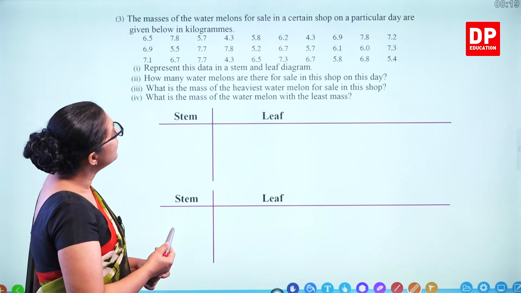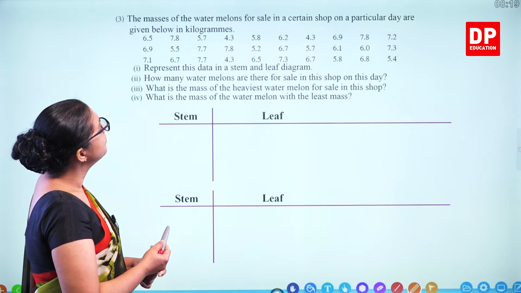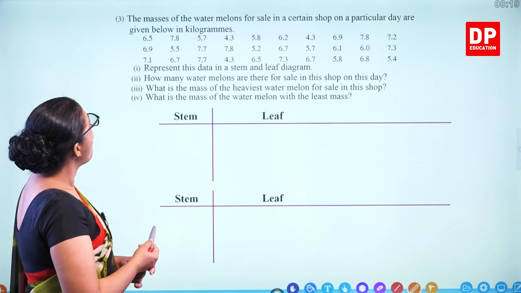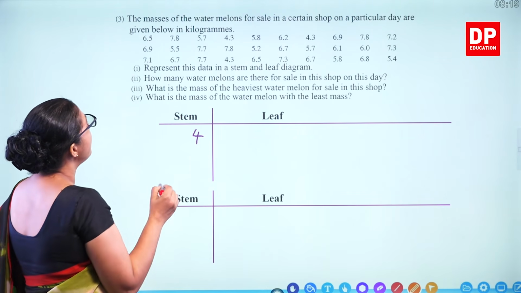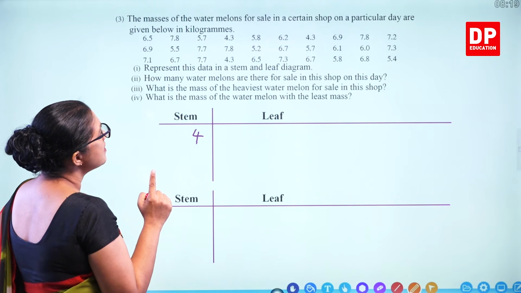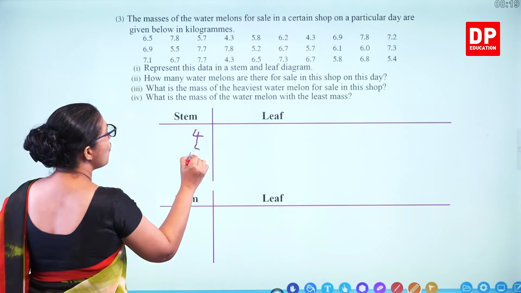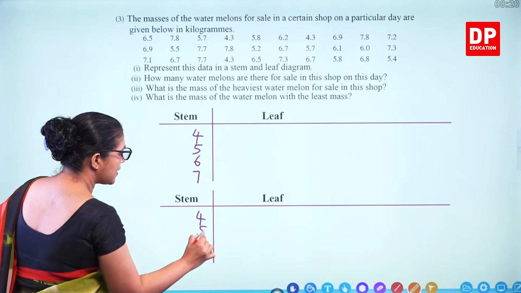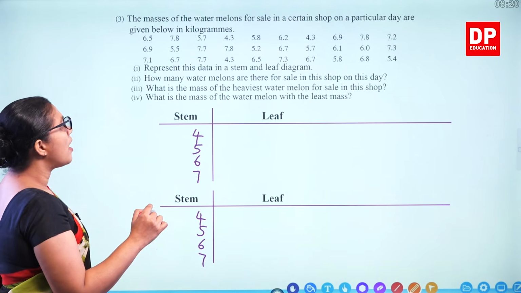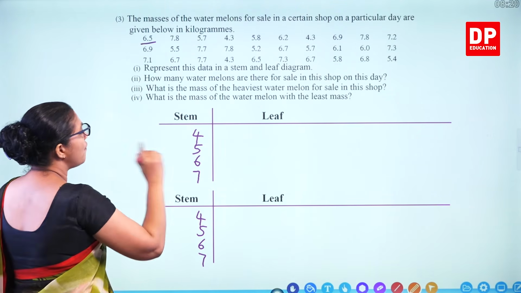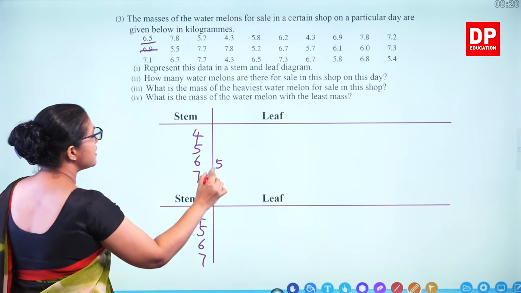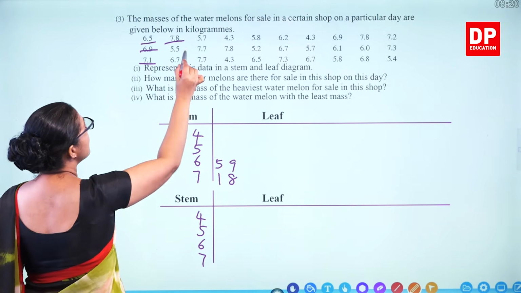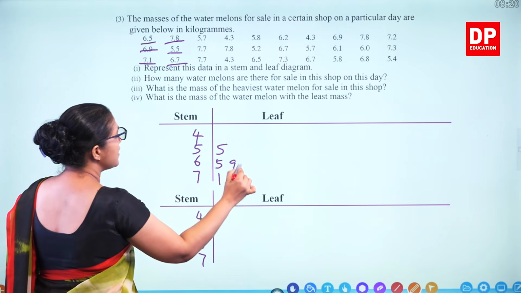So what's the lowest value? I can see 4 is the lowest, and highest is 7. So 4, 5, 6, 7. And now mark the leaf values. 6.5, 6.9, 7.1, 7.8, 5.5, 6.7,